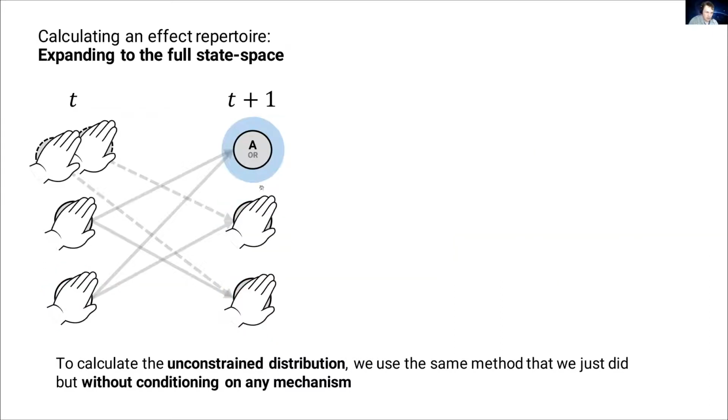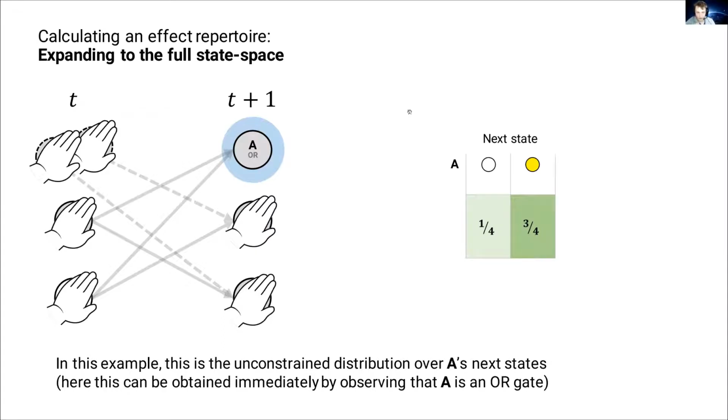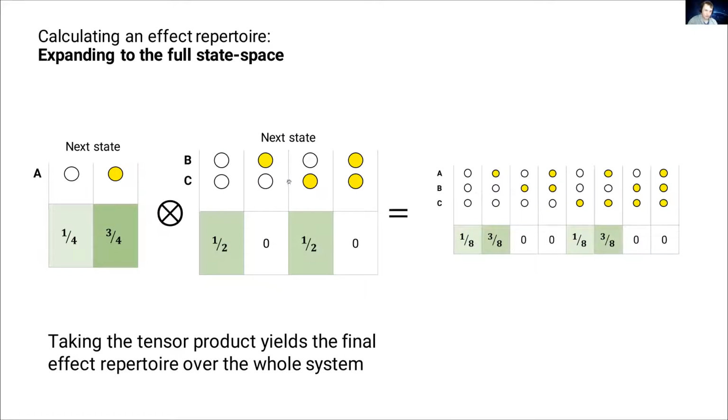So in this circumstance, what that means is we take A and we perturb the system at the previous time point. So we feed a uniform distribution into A's inputs. And we note that at the next state, A has some particular probability distribution over its future states, which in this circumstance is obvious because A is an OR gate. And then what we can do to look at the effect of our effect repertoire over the entire system instead of just over